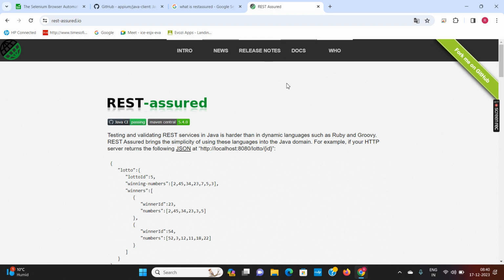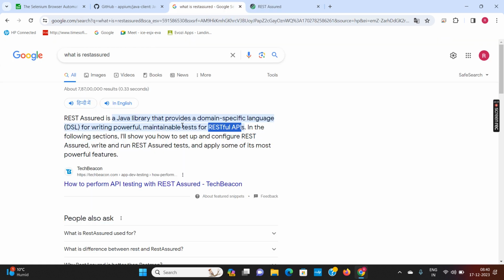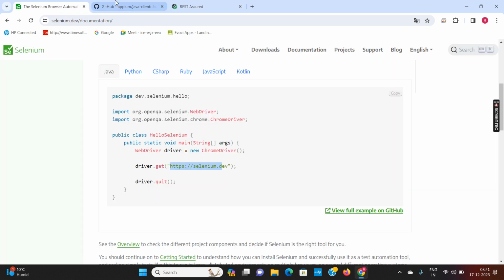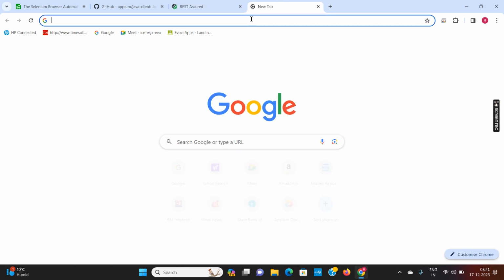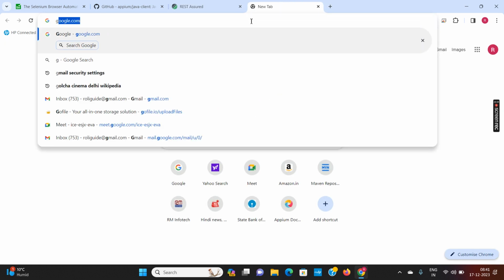Similarly, REST Assured is a library for testing REST based APIs, and it is again a Java based library. So we'll be working with Selenium, with Appium, with API testing using REST Assured, and we'll be designing the testing frameworks using TestNG and Cucumber, and we'll also be doing continuous integration and continuous testing.